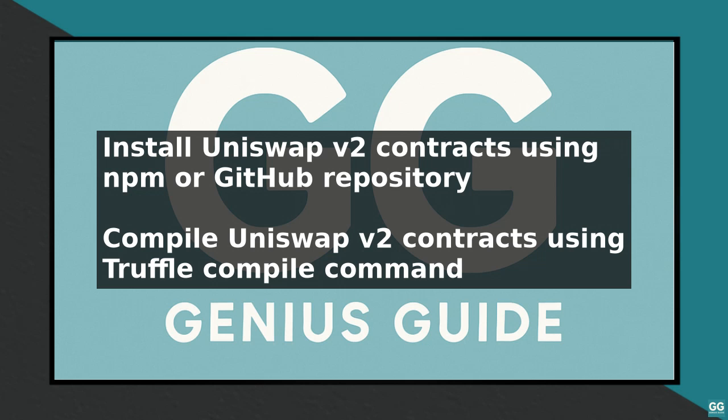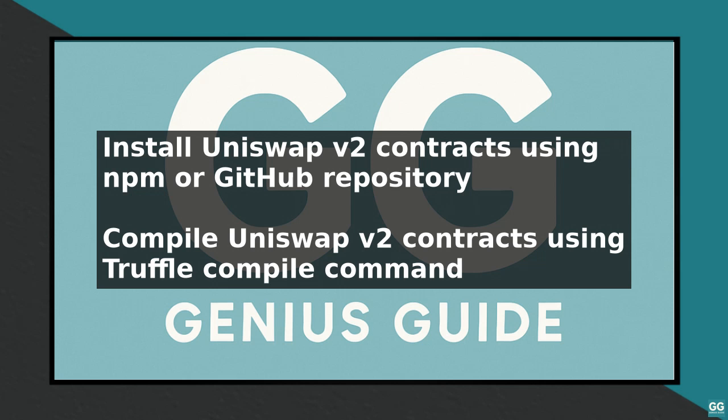After setting up your environment and installing the necessary contracts, you need to compile the Uniswap v2 contracts using the truffle compile command. This will generate the necessary ABI and bytecode files for deployment. Once the contracts are compiled, you can deploy them to a test network such as Rinkeby or Ropsten, or to